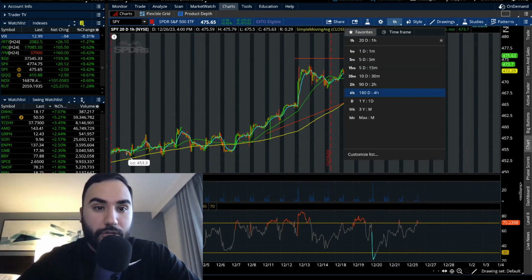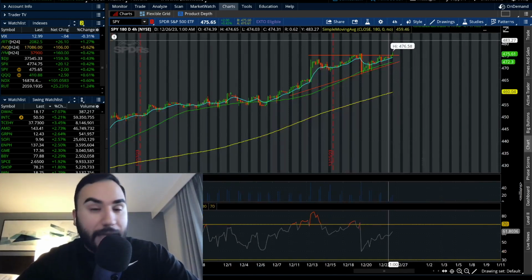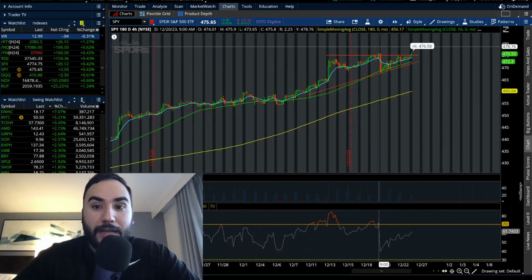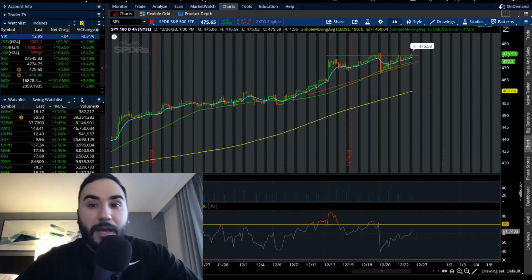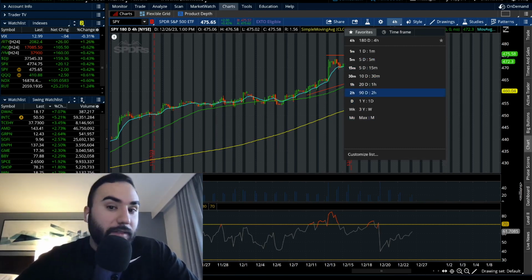And on the 4 hour chart here on SPY, if I pull it up, obviously we're at a 52-week high. You guys know that. That's not a secret at this point, right? So we can see the ascending triangle on this and how we're at a high here, and it's slowly starting to play out. And if we do break out of this, and we are slowly breaking out now, but if we get that next leg up, I'm thinking all-time highs will be hit, whether that's at some point this week,